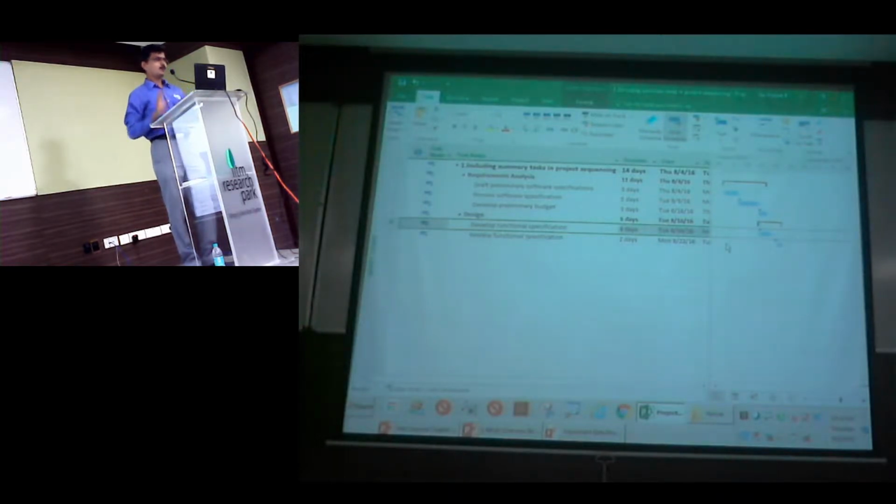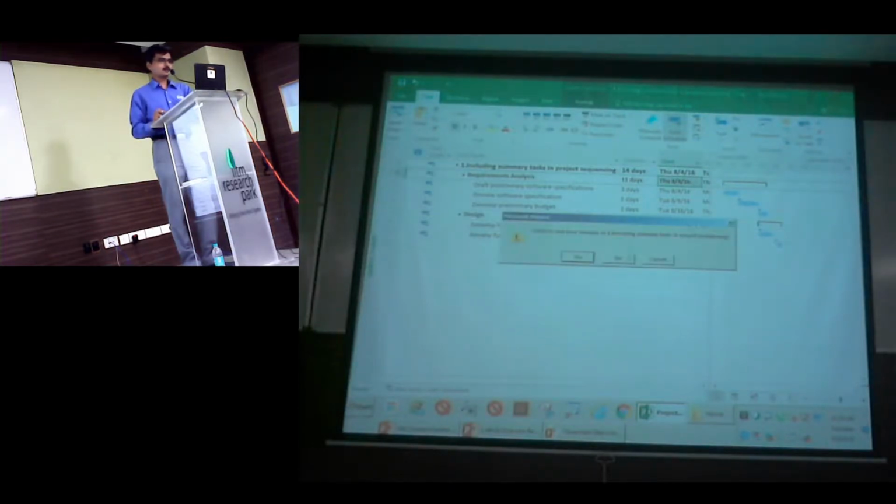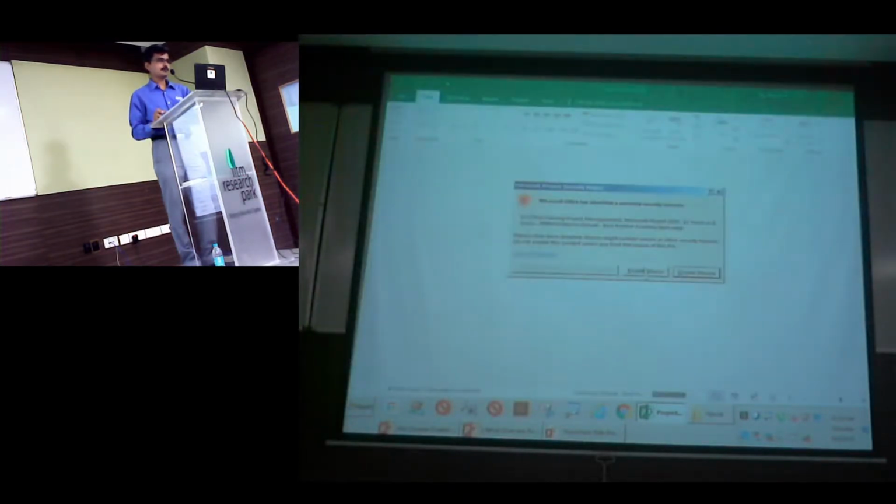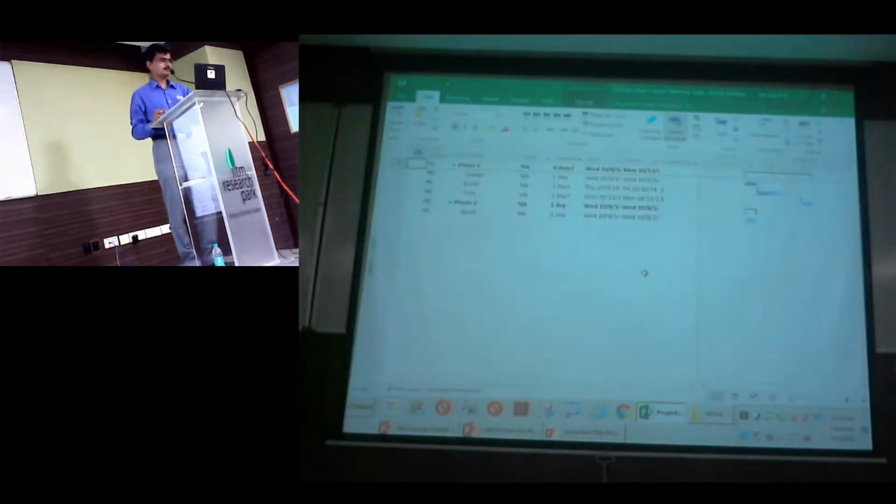What I'm going to show you might be harmful to you because it is very programming and code. Some of you may not understand what the English is. But still, it is always good to know there is an option available through which you can prevent this. So I'm just going to close this plan and open another plan which has a macro inbuilt. Since this file has a macro, you will always get this alert. I'll just enable it. It's a different set of task list, okay?